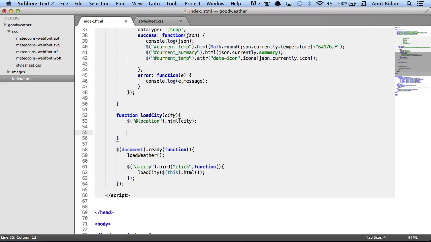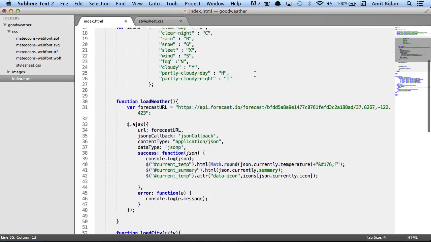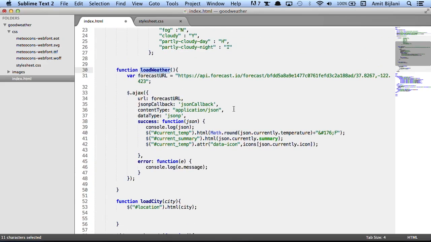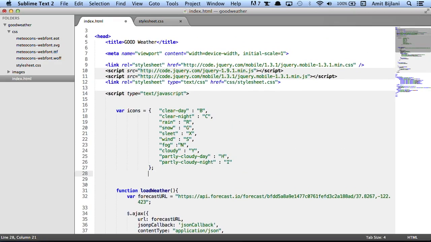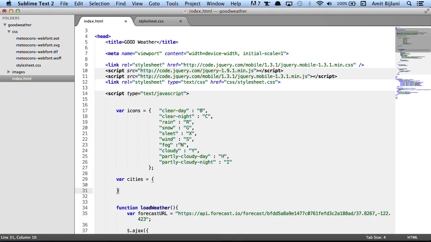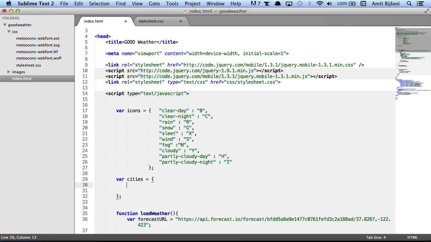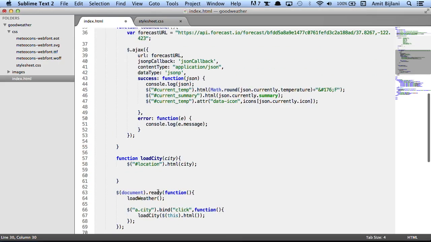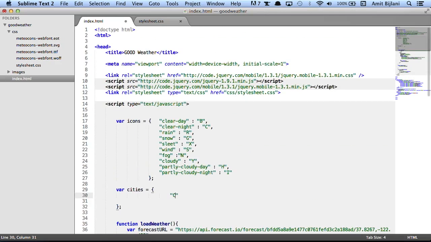And the next thing I want to do is load the weather for that particular city. Now, for me to load the weather for that particular city, I have to get the latitude and longitude associated with each of these cities. For that, we want to create yet another array, an associative array. I'm going to call this cities. And what we'll do here is specify the name of the city. So in this case, what's the first city? That's Chicago, all right? So it's Chicago,